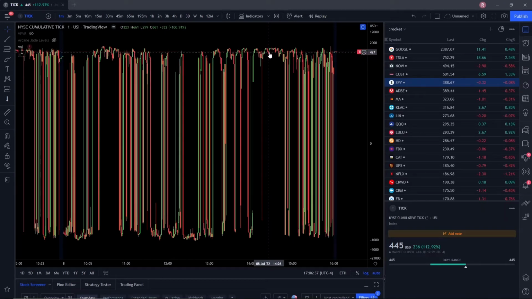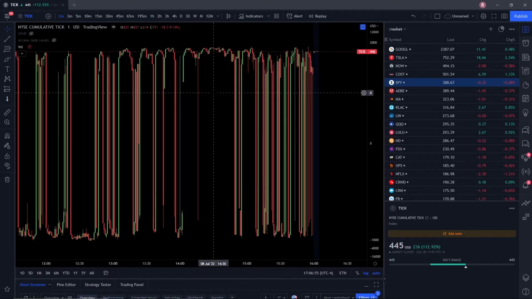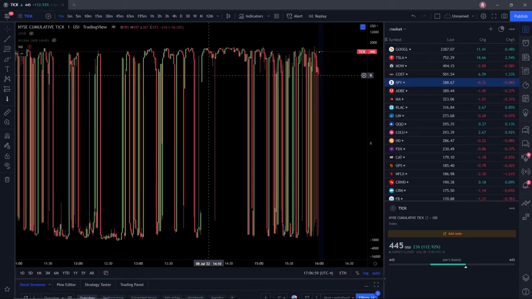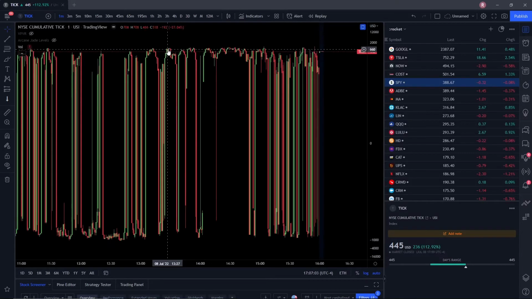highs and lows of the ranges, you can see that overbought scenarios are in positive 1,000, oversold or heavy selling scenarios are in negative 1,000. Anything beyond that point is extreme buying or extreme selling. And since we're using NYSE tick, we're observing the general New York Stock Exchange. And so from there, we compare the most recent resistance in relation to the New York Stock Exchange's buying levels